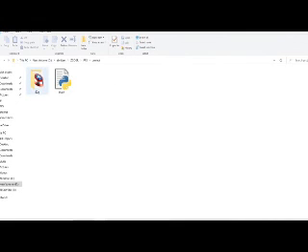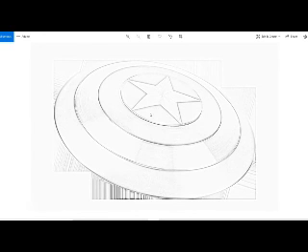Then go to this folder. You can see our final sketch is successfully saved in this folder. In this way you can convert any image into a pencil sketch.